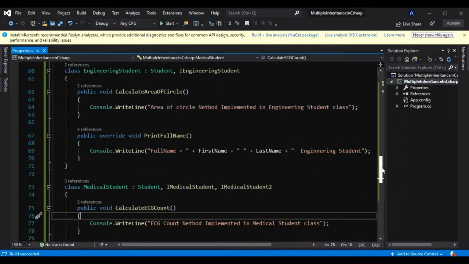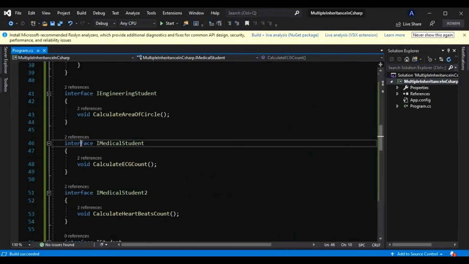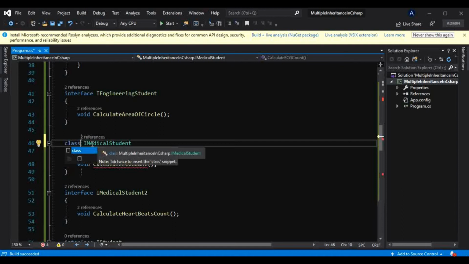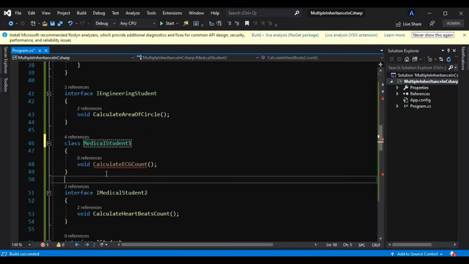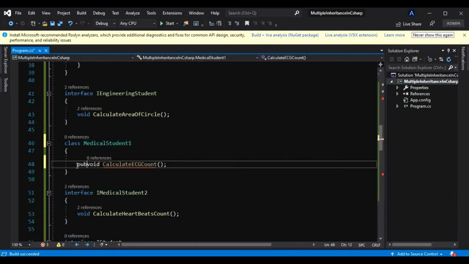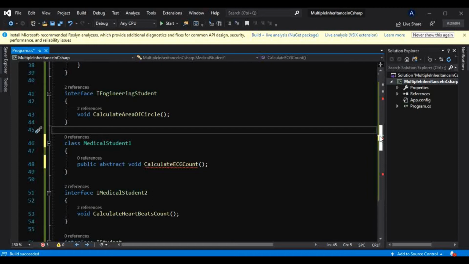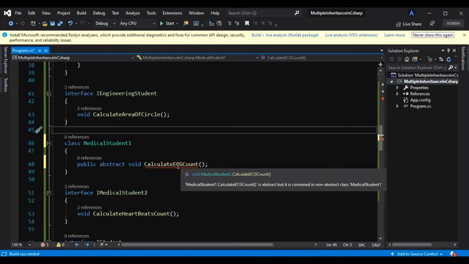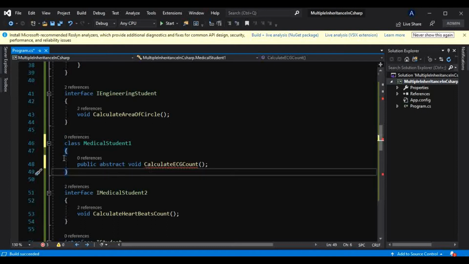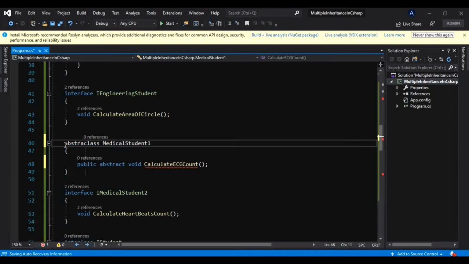What if we take this as a class, and we make it MedicalStudent1, and we have to make it public and also abstract, because we know we can only take abstract methods inside an abstract class.